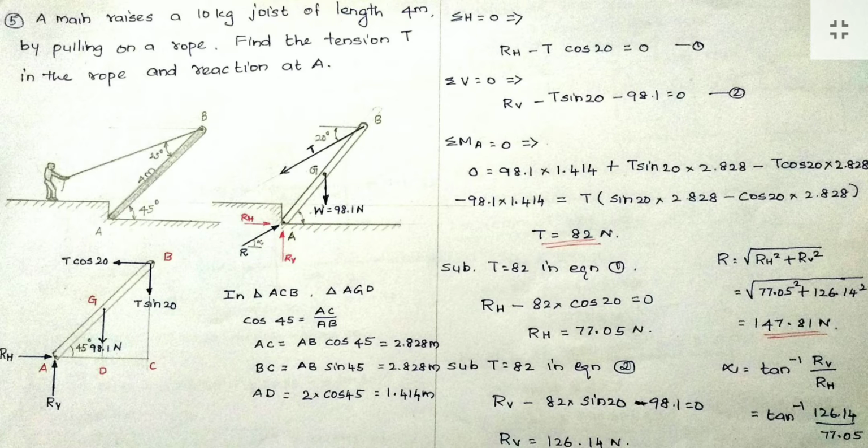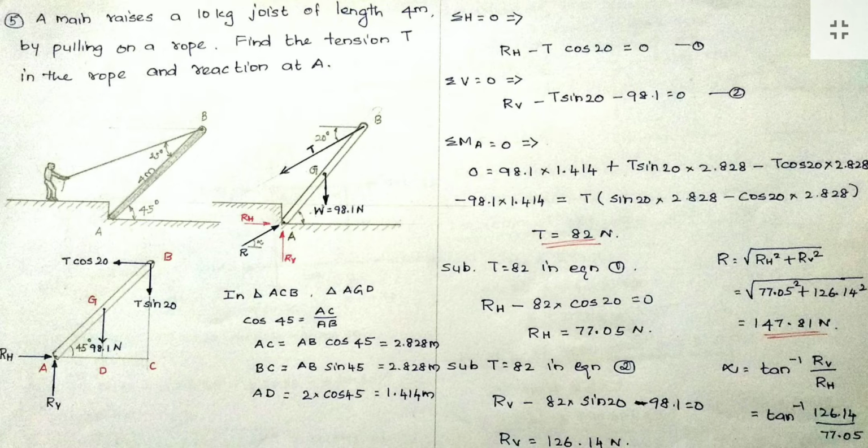Then this R also I am resolving into two components, RH and RY. I am assuming that the reaction force is resolved already, so RH and RY. So simply I am putting the reaction force as two forces, one horizontal force, one vertical force. So here we have to find RH and RY. How many forces are acting here? 1, 2, 3, 4, 5 forces are acting. So we have to find the tension and the reaction forces.